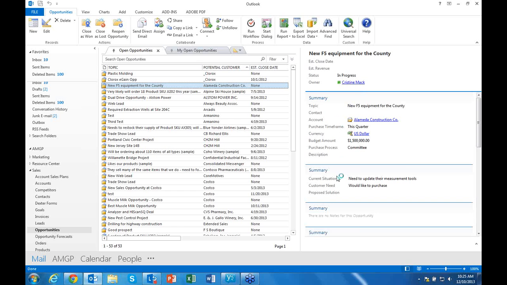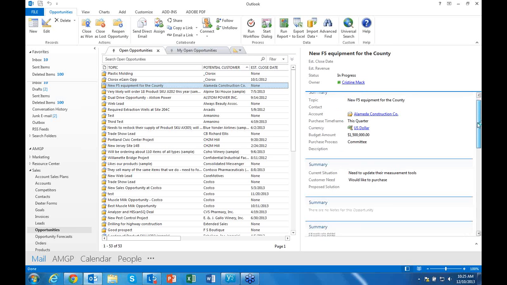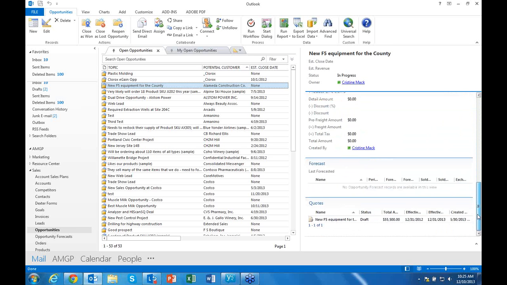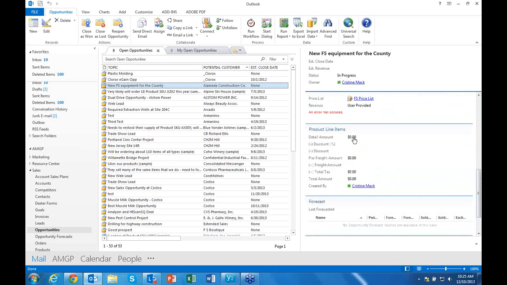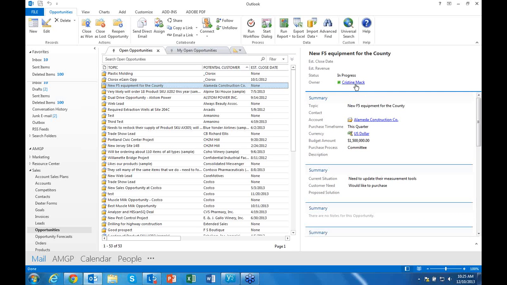And as I do that, the reading pane changes. So I can very quickly, easily look at and scan through this opportunity. I can see if I've got a quote down here as an example. All this information is available to me. All these hyperlinks, you can see this